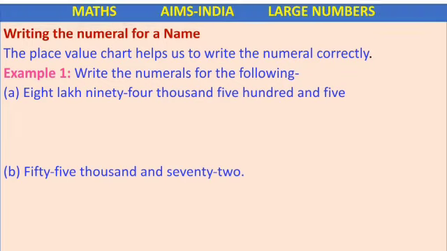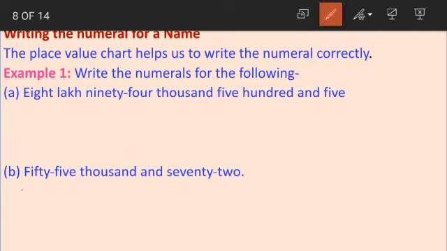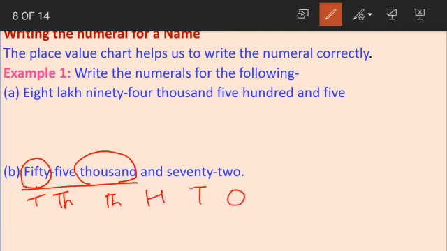The second question here is 55,072. Again, let us find out the highest place value of this number. We have 55,000 as the first number, right? Now 55,000 represents which place value as highest? It represents 10,000 as the highest place value. How? Because we have 50 and 1,000 here. 55,000 comes in the 10,000s place value. So the highest place value is 10,000s. Then thousands, hundreds, tens and ones. Okay children?